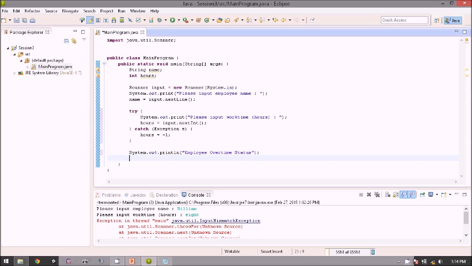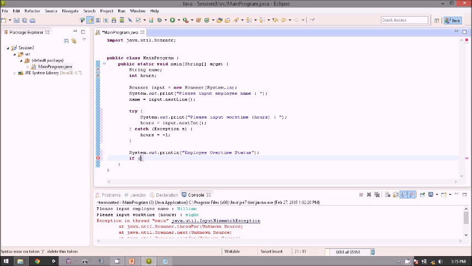Okay, and next there are several conditions and there are several outputs too. So if the hours is more than 8 hours, we need to output the status as accepted. But if the hours is less than 8, we need to output the decline, and if it's negative, we need to output it as invalid. So how do we split the program into 3 outputs? We can use the selection. In this case, we will use if.